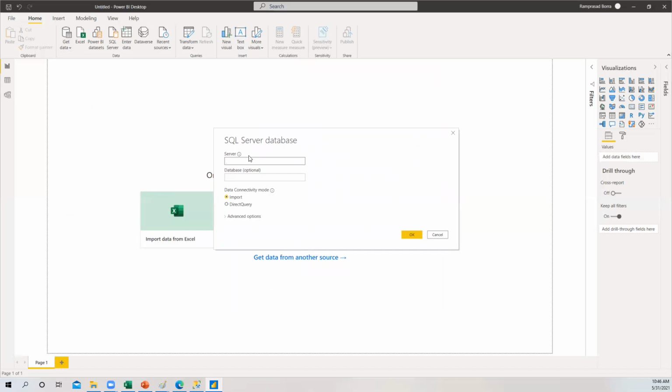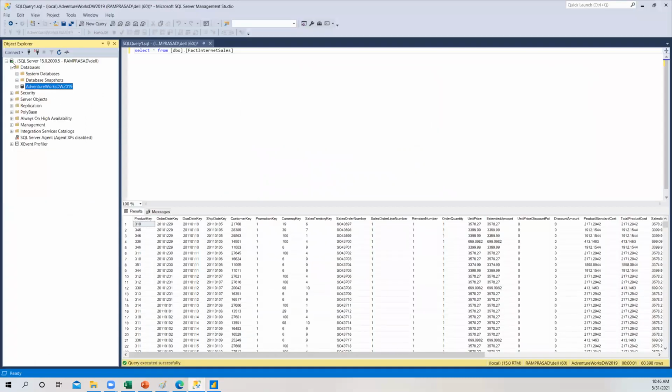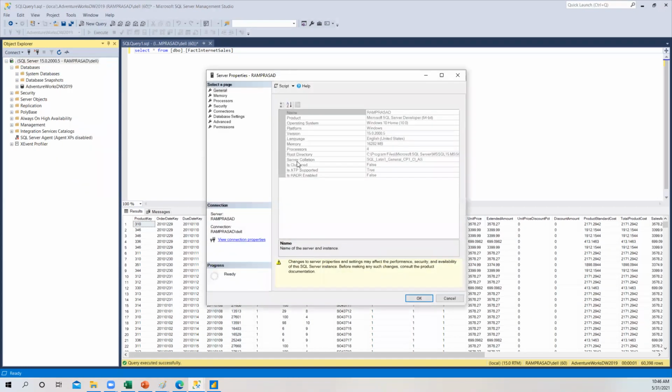See, in server you are connecting to your local database only, right? So see, I'm giving only the dot, so there also it will connect with dot. But let us see if there is any server name we can give to this one. It will also have some address, guys. If you go to